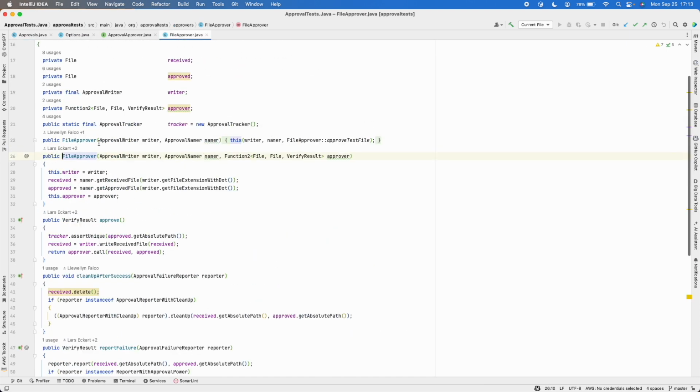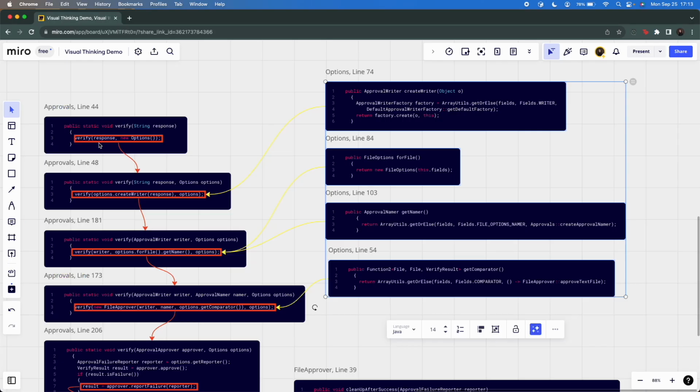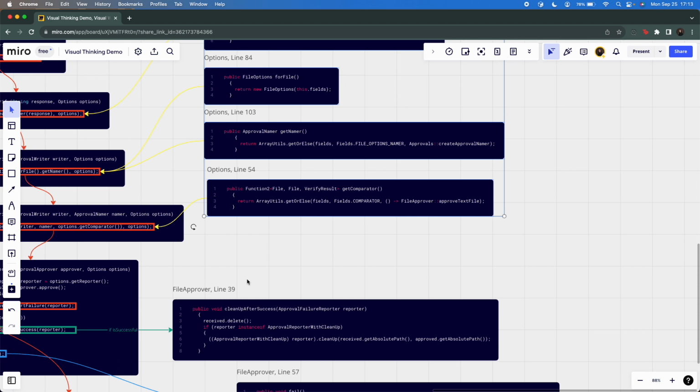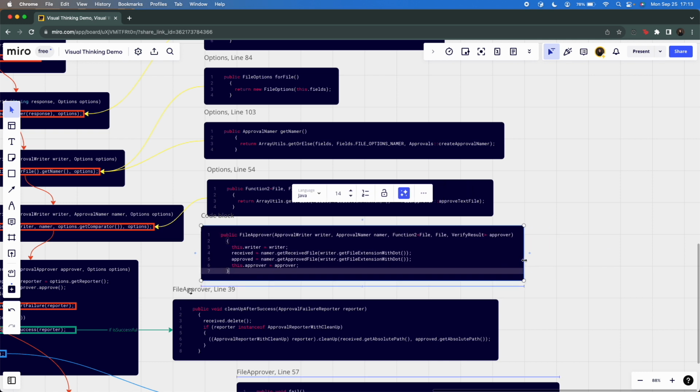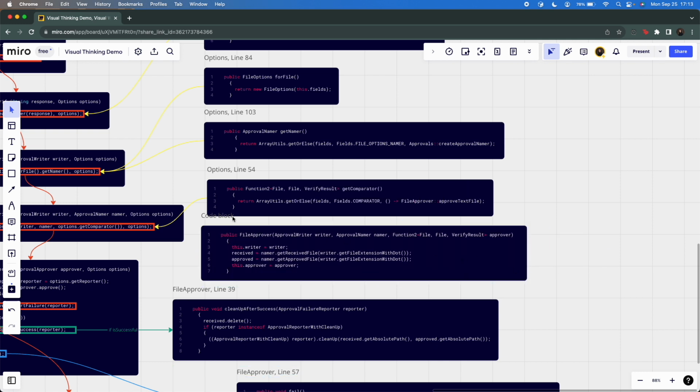I'm going to click into here, and that takes me to here. So I'm going to copy this method. I'm going to paste it here. And I am going to name this